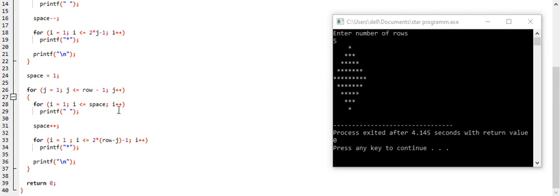Then we use print \n, which, as we can see, is used for shifting the control to the next line, and this program will run in this way until the condition becomes false. As row is 5, row minus 1 is equal to 4, so when we do 5 minus 1, it gives us 4. That means that this inverted pyramidal-like structure will run only 4 times. And this is all for